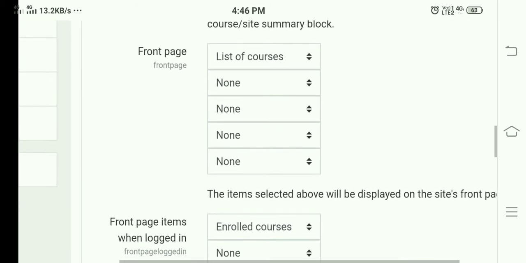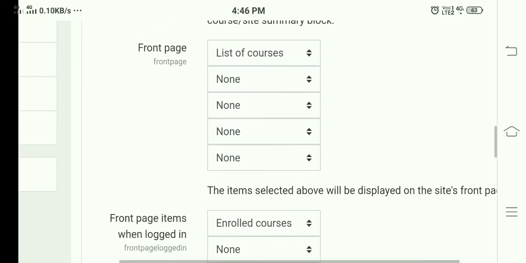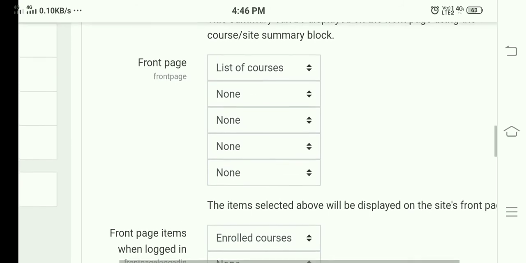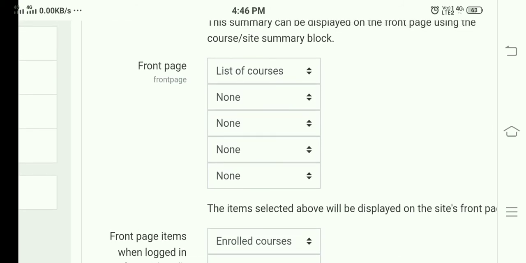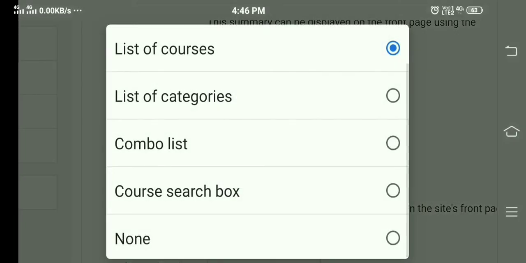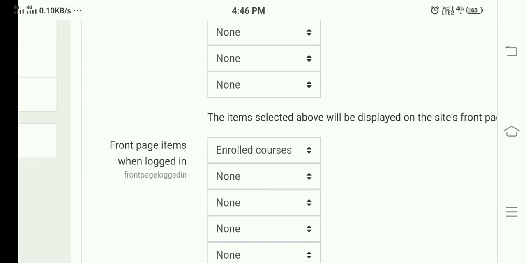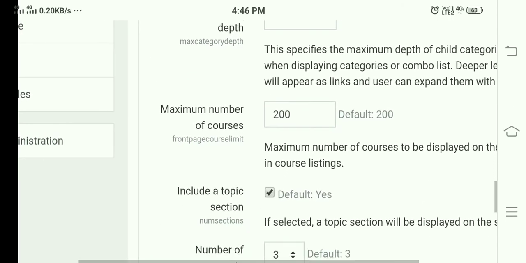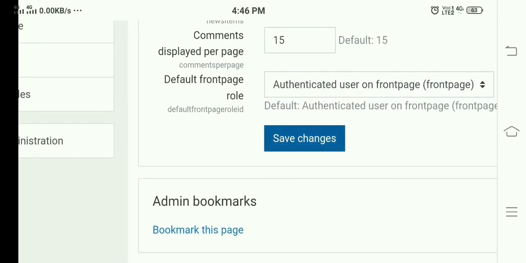Here inside the front page items, when logged in, you have to display the list of categories, and inside the enrolled courses you have to display the list of categories, and just save the changes.